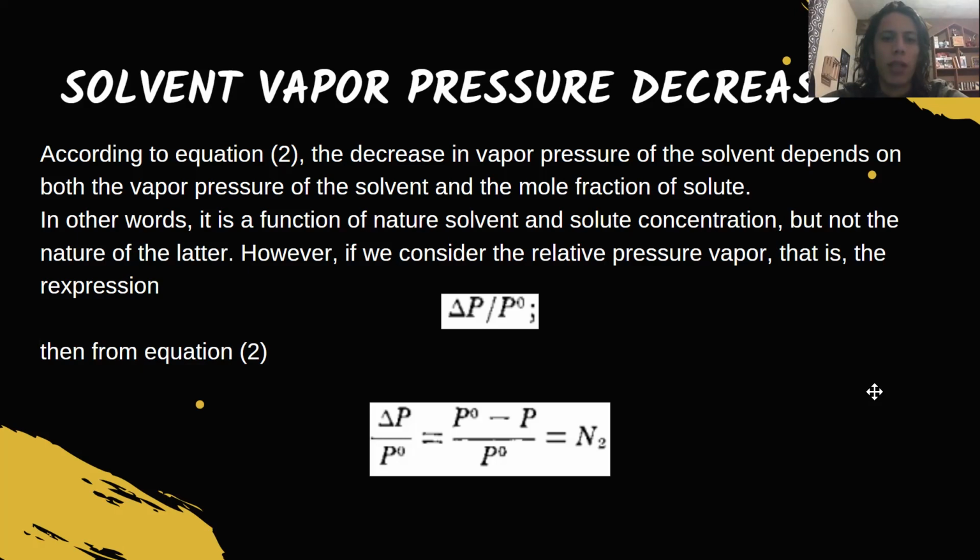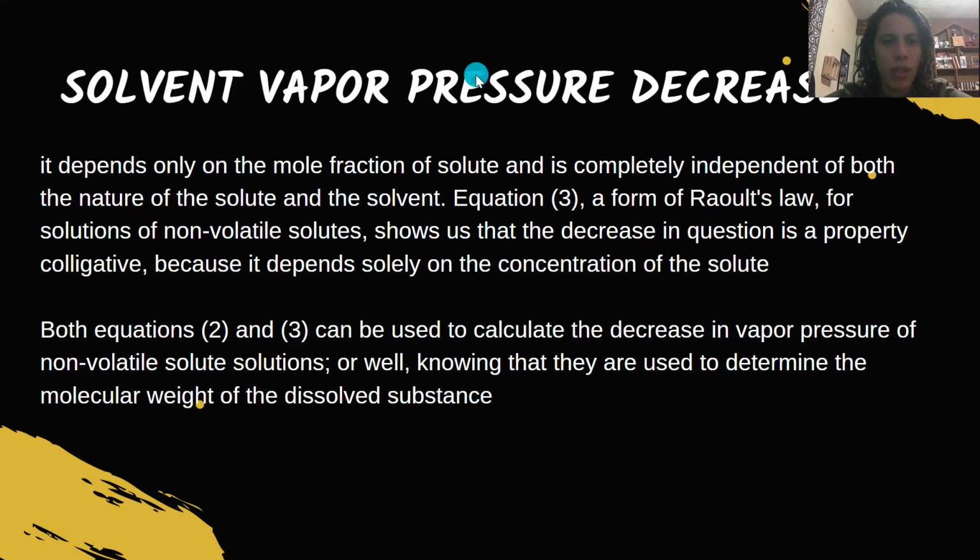However, if we consider the relative vapor pressure decrease, that is the expression ΔP divided by P0, it hides the P0; then from equation 2 we have the next equation. It depends only on the mole fraction of the solid and is completely independent of the nature of both the solid and the solvent. Equation 3